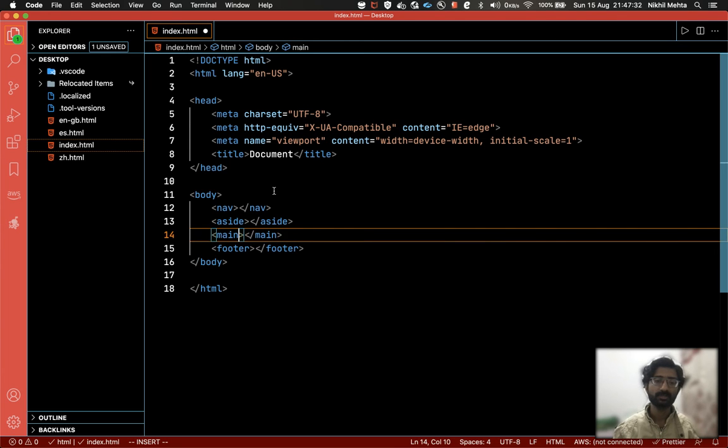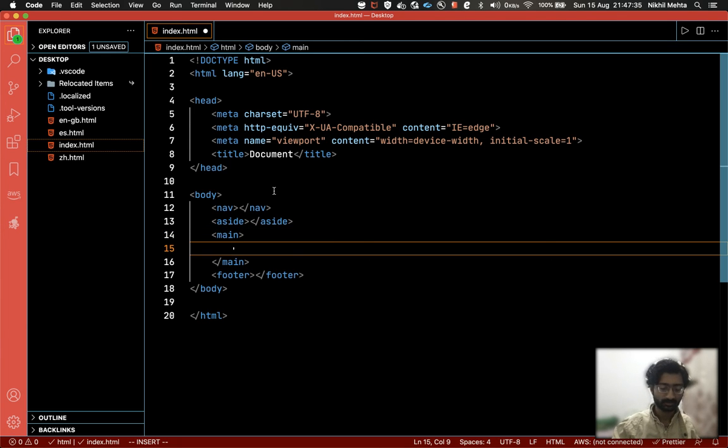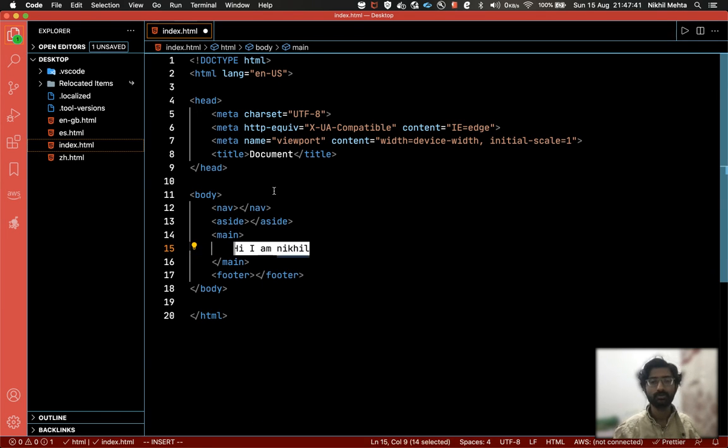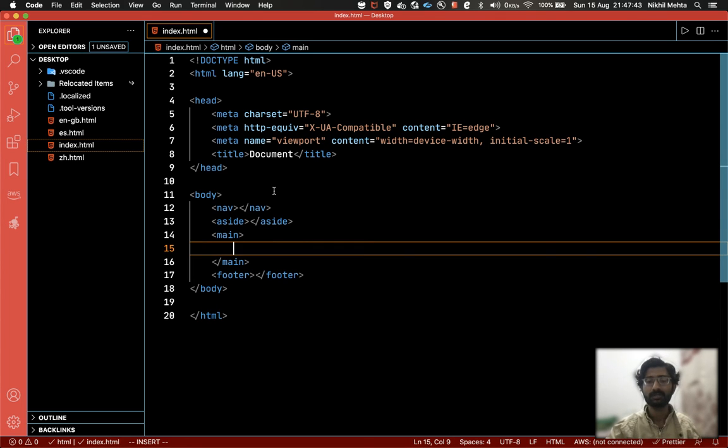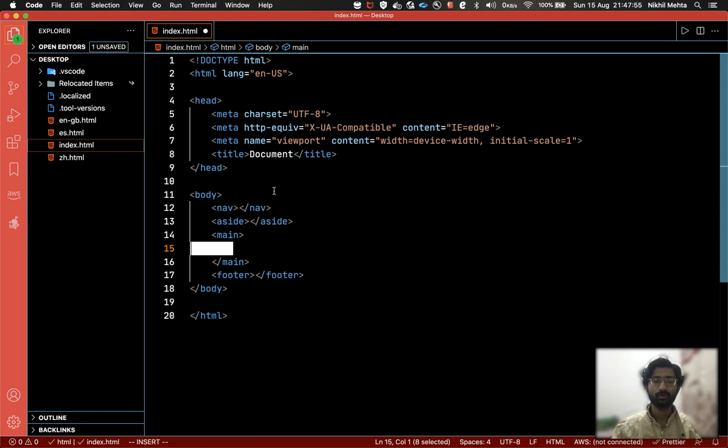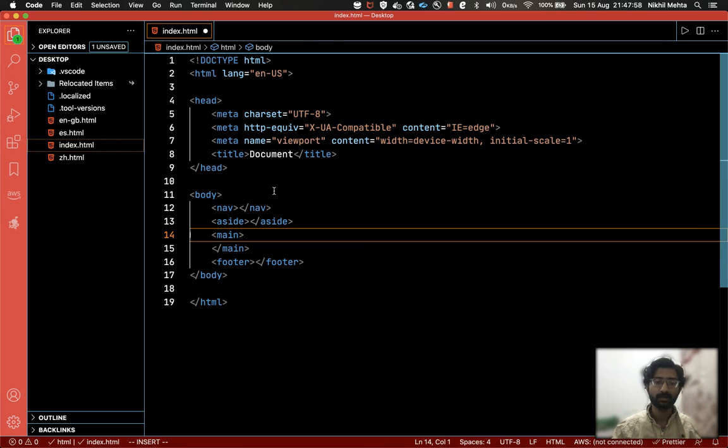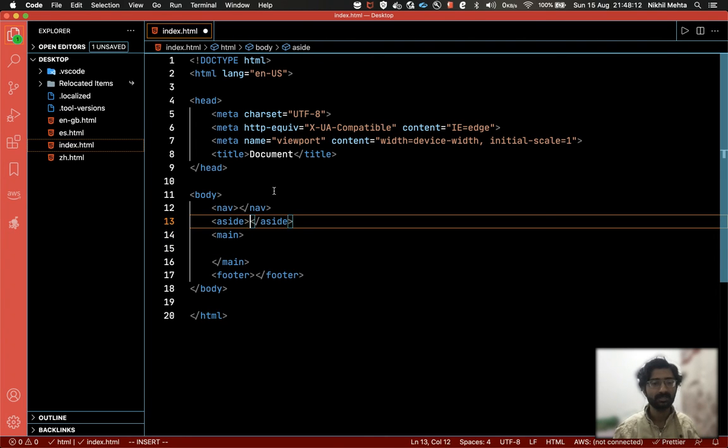So if you have multiple pages, suppose on the first page I have 'Hi, I am Nikhil', it should go here. And in the second page, if I have 'Welcome to my personal website', it should again go into this itself. All the content that is the focus area, where you think it should be the focus content for the user, should go into main.